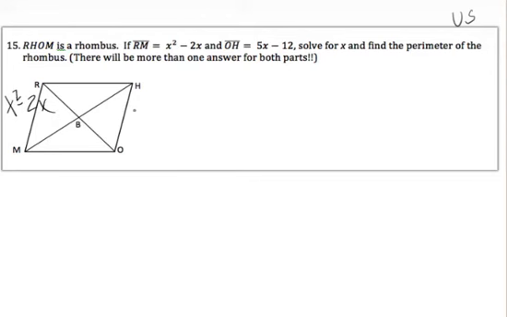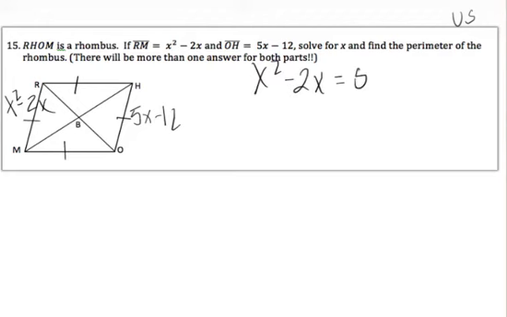And OH is 5x minus 12. Solve for x and find the perimeter of the rhombus. Okay, there'll be more than one answer for both parts. Remember, in rhombuses all sides are congruent. So we're going to set these two equal to each other, but when we do that,